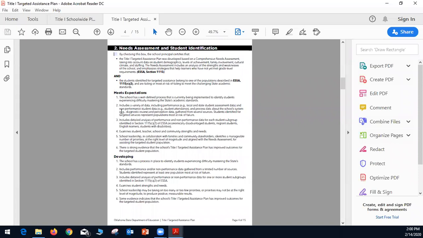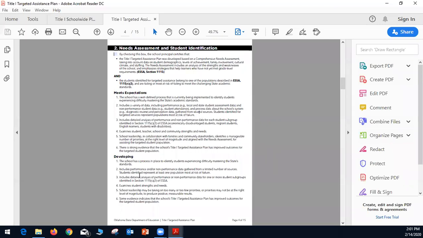A well-written plan that meets expectations will include a variety of data, including performance, non-performance, process data, and perception data, and it's gathered from several sources. And students identified for targeted services represent populations identified as most at risk of failure.